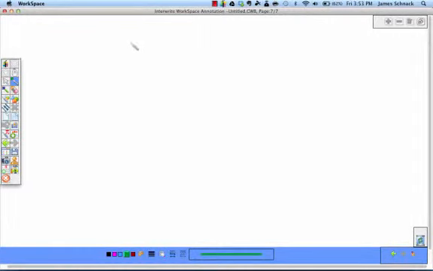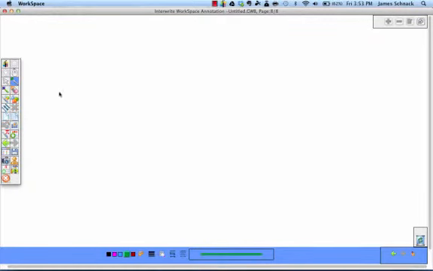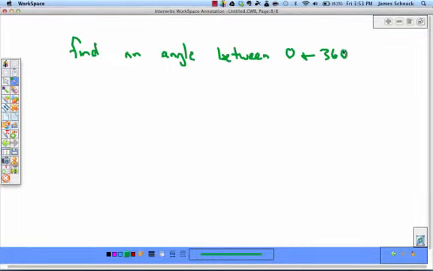Let's talk a little bit more about the unit circle, and we're going to talk about how to use inverse trig. That is, we start with the trig ratio, and we need to find which angle or angles will give us that trig ratio. So what we're going to be looking at is find an angle between 0 and 360